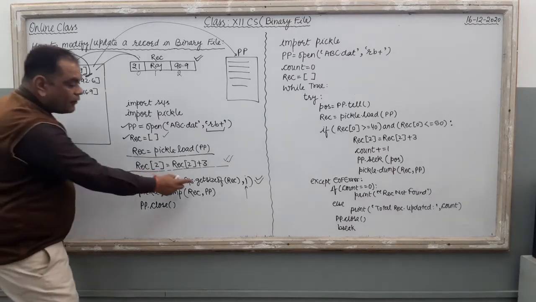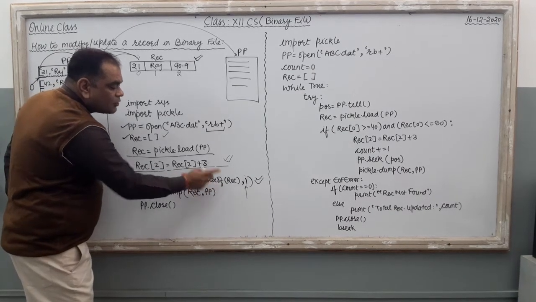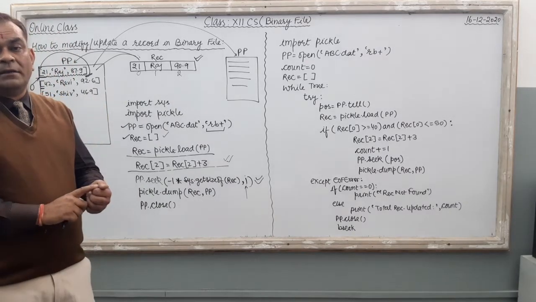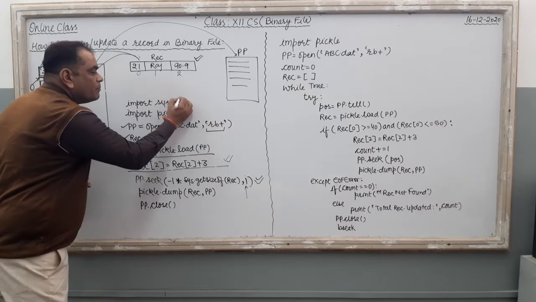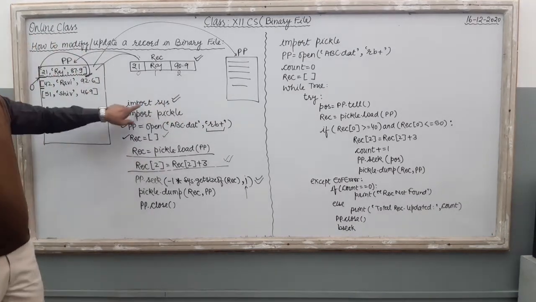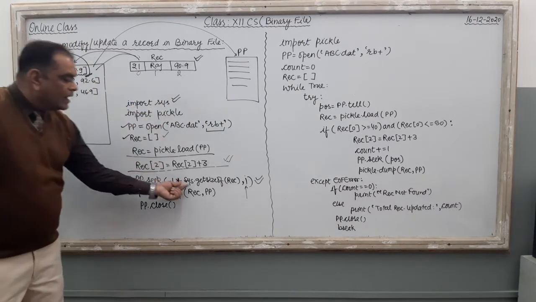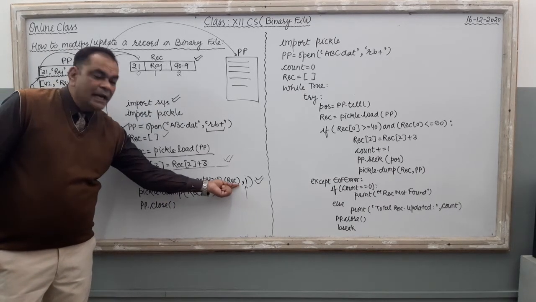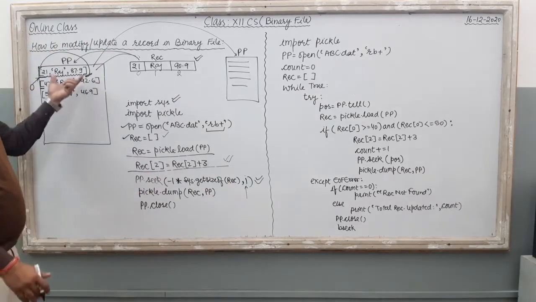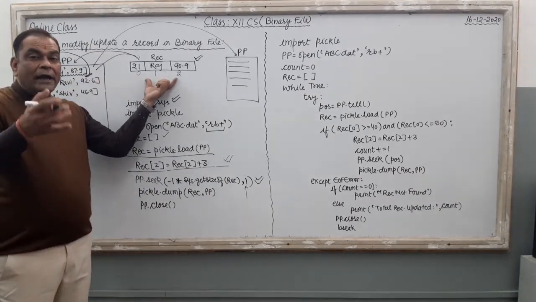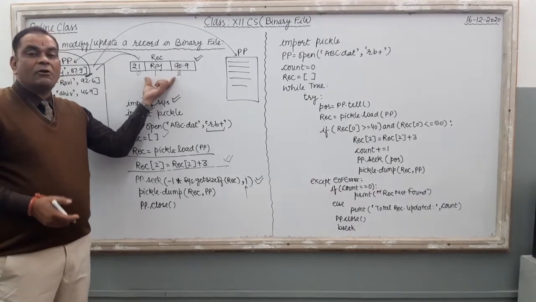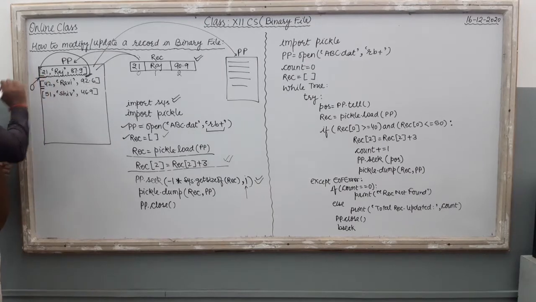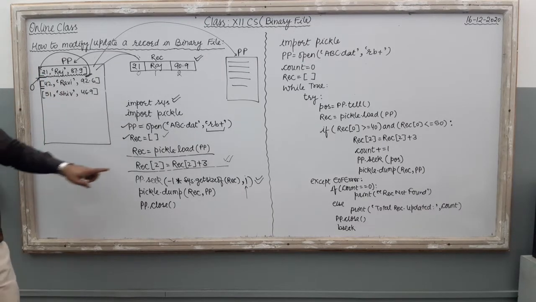For that, one function is available, getsizeof. It is a library function in the sys module of Python, right? So we have to import the sys module first, import sys, and then here our command sys.getsizeof(rec). So the computer is going to calculate the size of this record in bytes, and then the cursor will come back by that many bytes, meaning it will come directly to the previous position. Right? So this is the command.